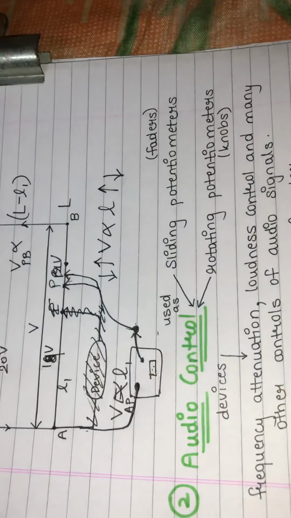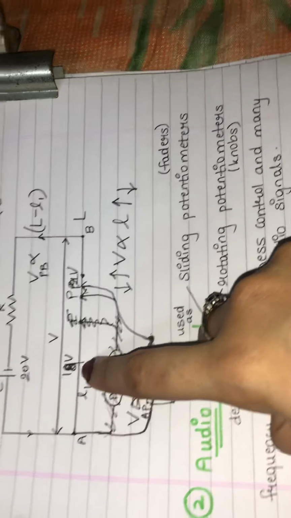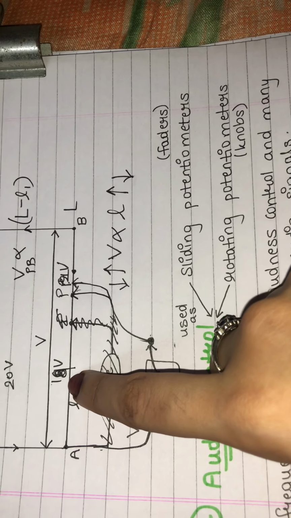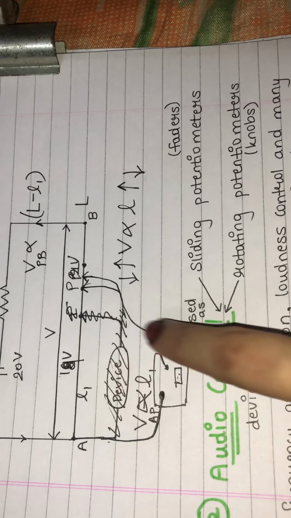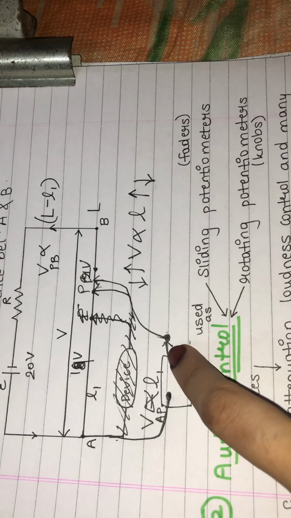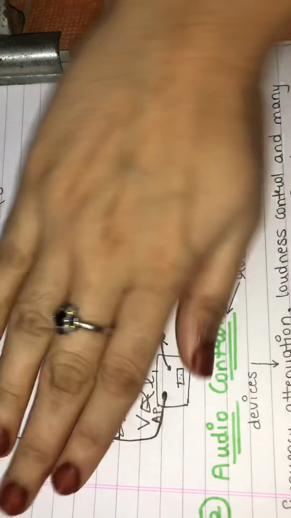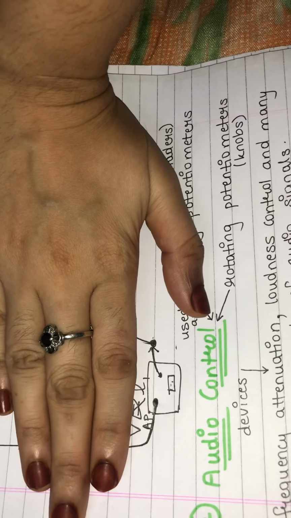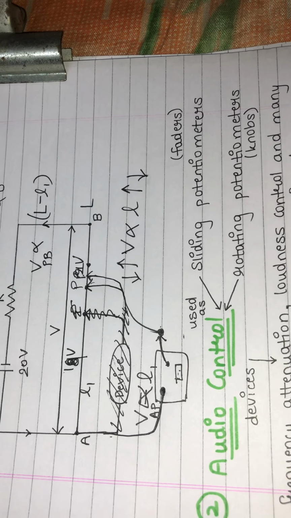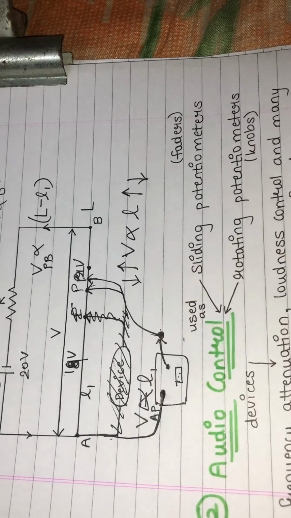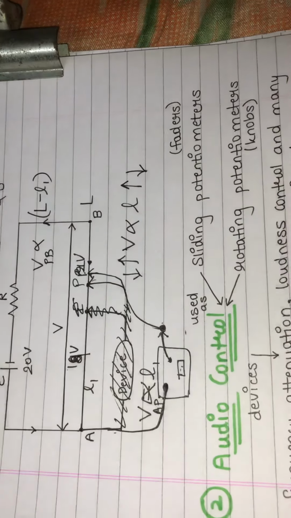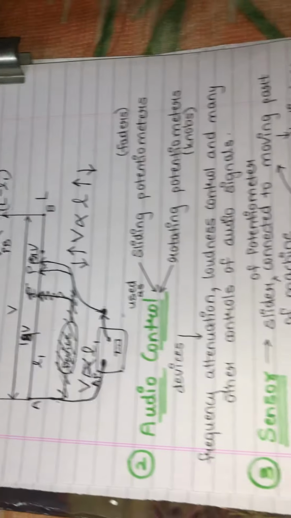Sense किया भाई, potentiometer ने sense किया, of course उसका voltage change हुआ, किसने मुझे बताया? मैंने थोड़ी ना moving part को देखा. I came and I saw earlier the voltage was 18 volt, now the voltage is 19 volt, means this moving part has moved. So who has told me about the motion? Potentiometer has told me. If I would have not connected the potentiometer, then who would have told me about the motion of this moving part of the machine? Or whatever motions might have happened over here, who would have told me? Your potentiometer is telling me, because I have kept my potentiometer as a watchman over here, right? So the potentiometer is used as a sensor over here.